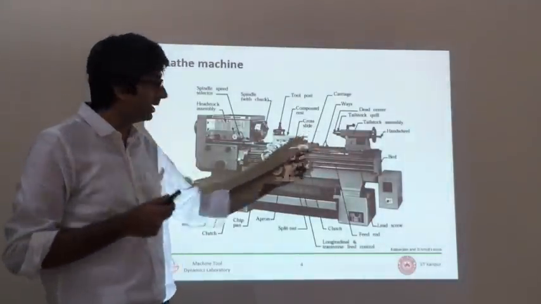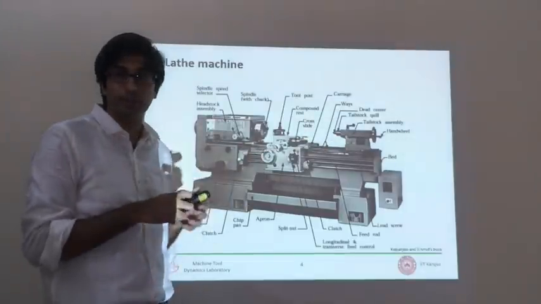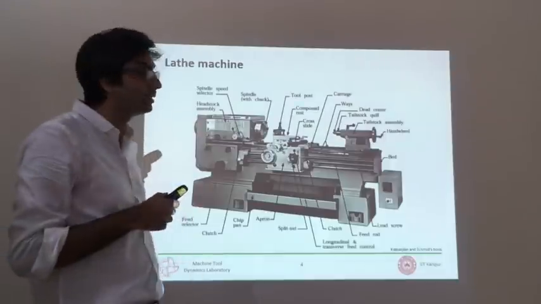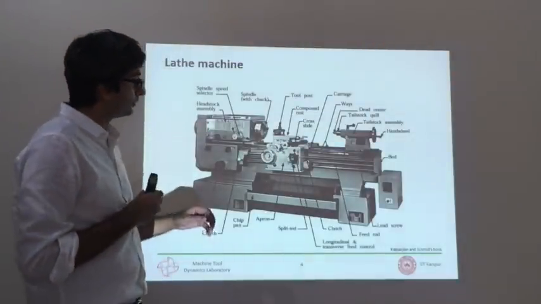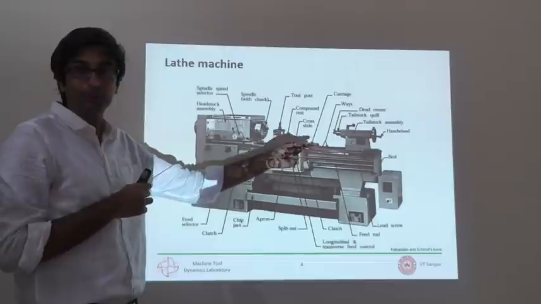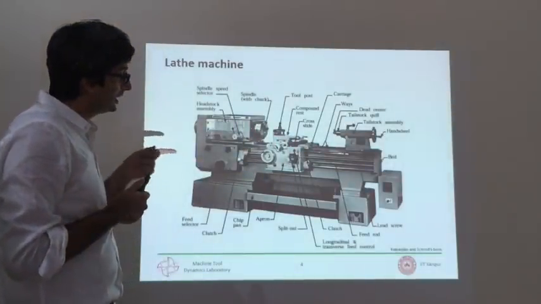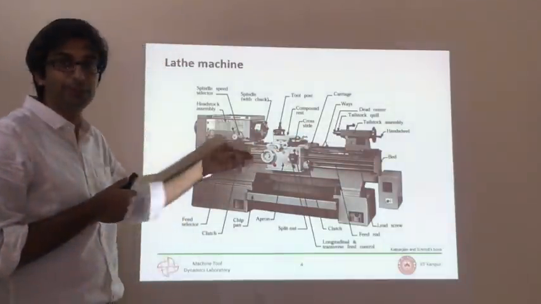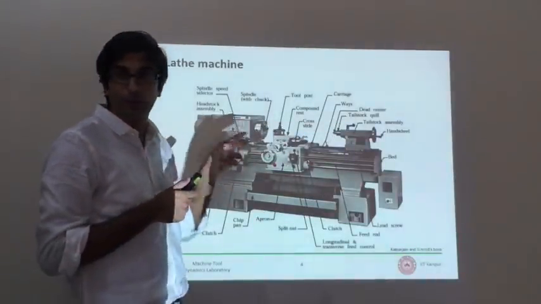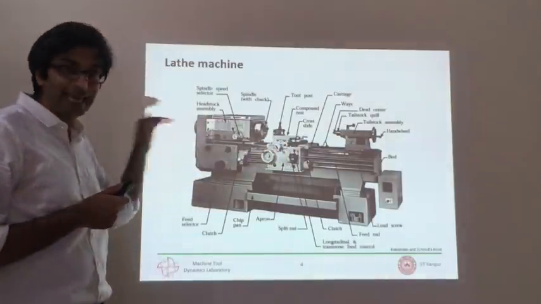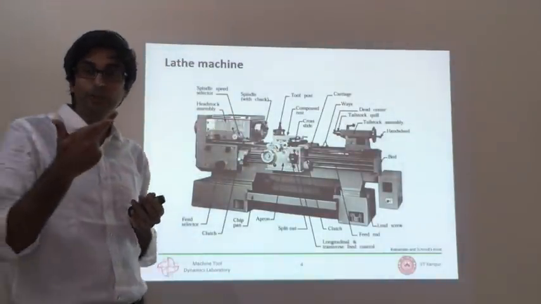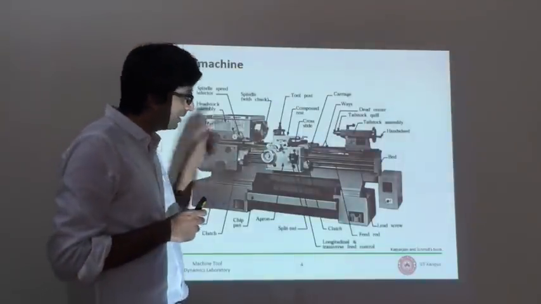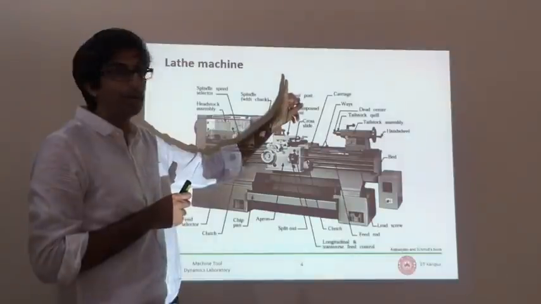So you get, again, rotational to translation motion using a mechanism we spoke about in the video that we recorded earlier in lecture number 2. So that is one set of motion possible. The other set of motion possible is cross-in, so this is along the z-axis, along the spindle axis, and one is in and out of the plane of this board. That is the x-axis. We follow a right-hand nomenclature in machine tools for axis description. If this is the z, that has to be the x, and then that is the y.